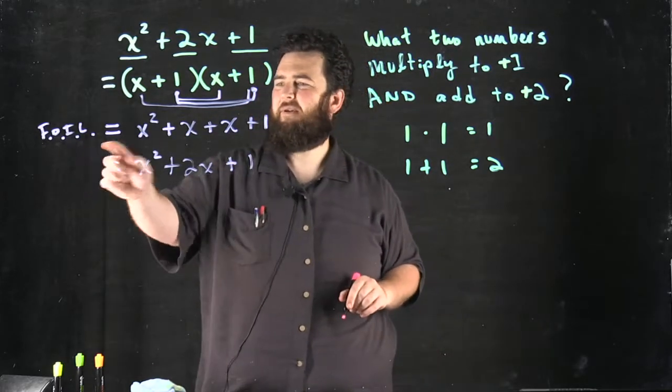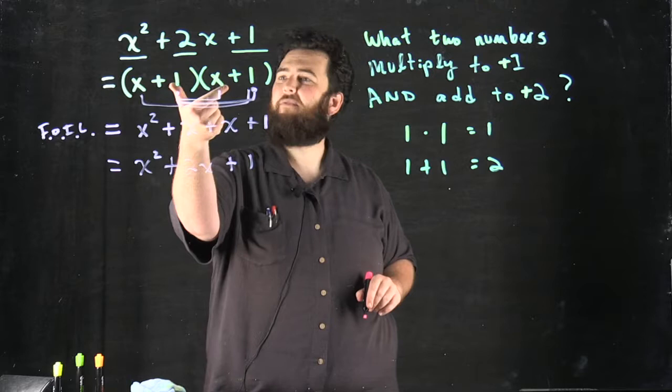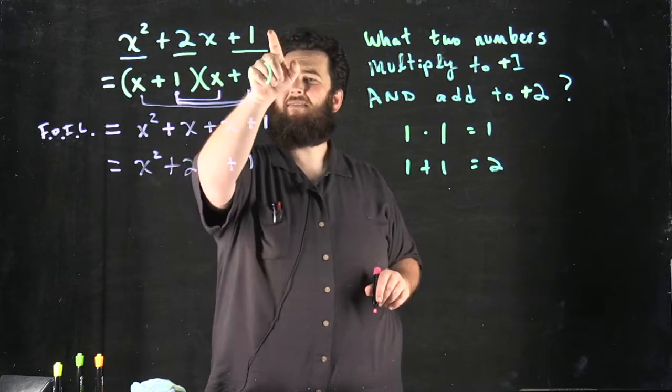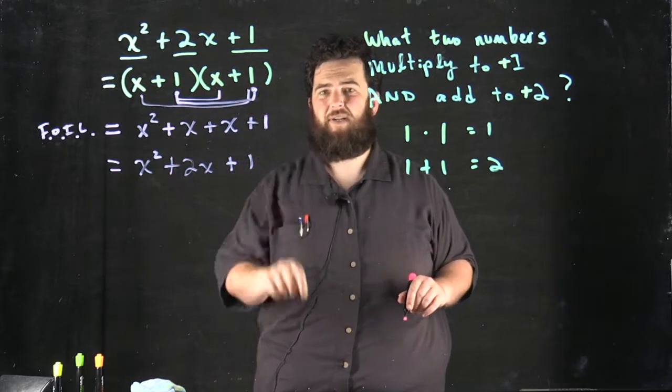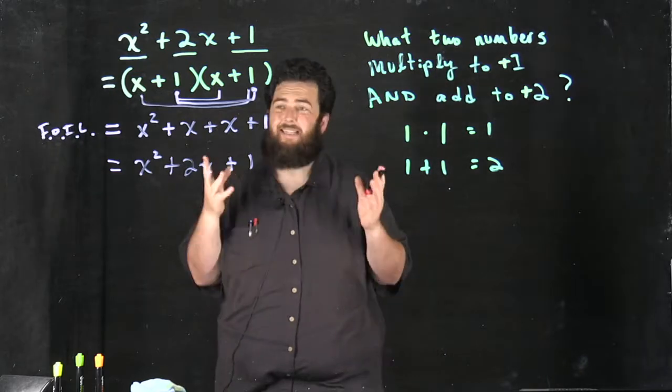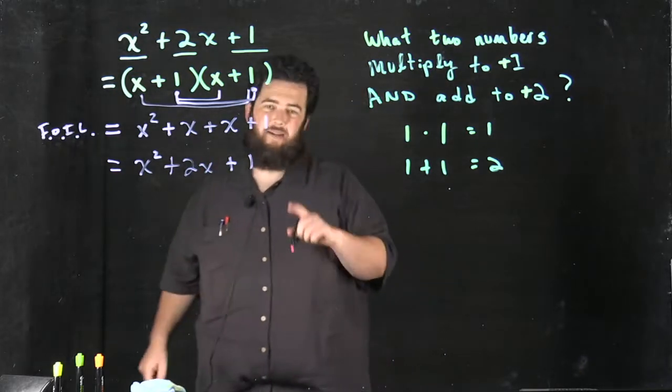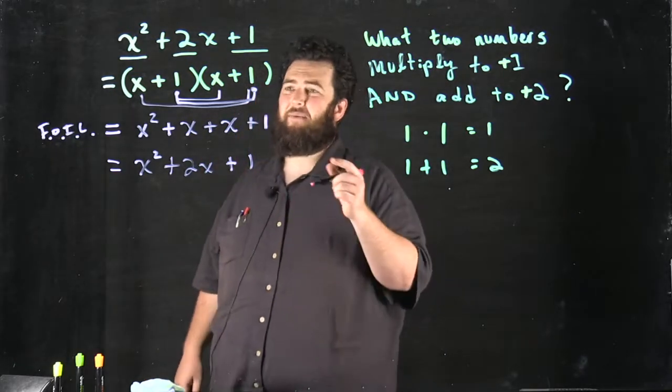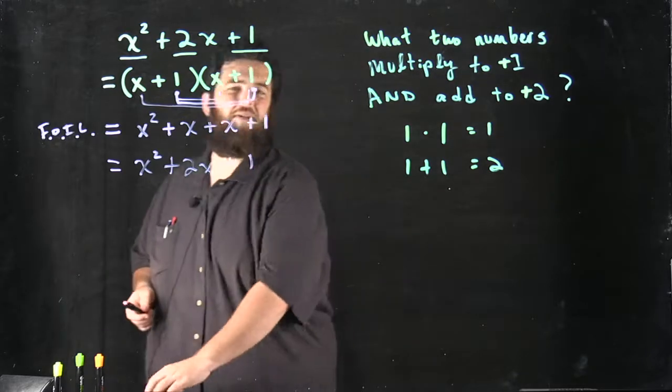And look at that. We're using the FOIL method. We've multiplied these two factors, and they equaled the original expression, the original polynomial that we had. And that's exactly what we wanted, right? Now, I just wanted to show you a little something. If I wanted to maybe multiply without using FOIL,